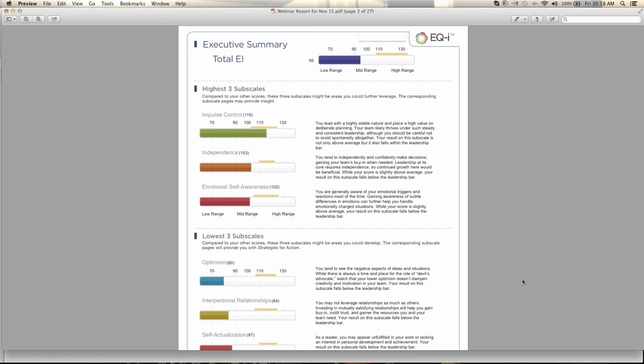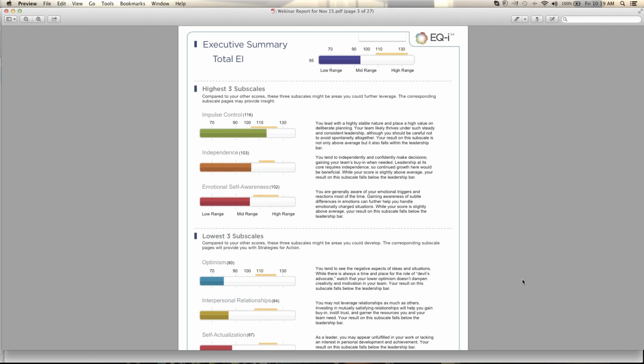What you see on the page is some bar graphs with some numbers, and the numbers are standard score points. Standard scores really just mean that your score has been compared with a representative sample of the population in question. In this case, it's a North American sample. You've been compared with 4,000 other people, and basically you've been graded on the curve. You've been placed along that curve of results, and we've used some algebra to transform your score. It's really not complicated statistical analysis. It's simple algebra, and we've transformed your score to a standard score.